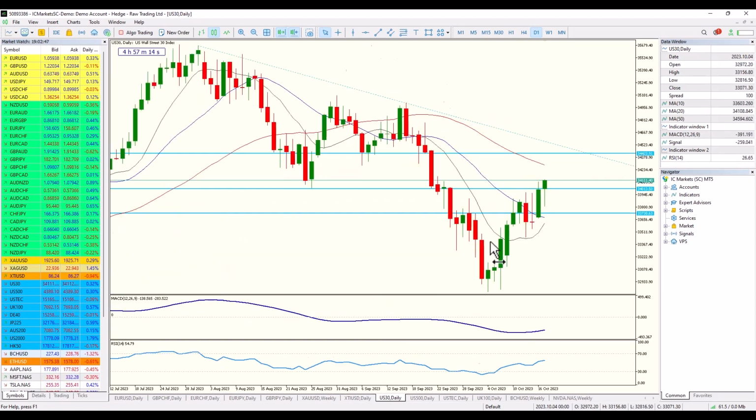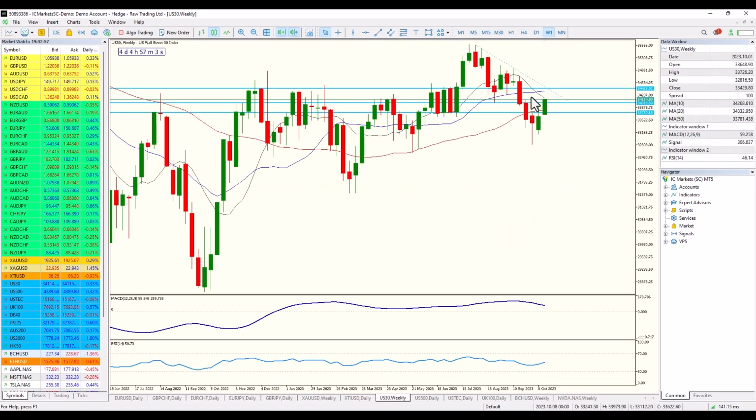So we currently have them in a nice uptrend. You'll see I've also put another trend line coming down here, and the market is in an uptrend on the daily. It's working its way up to test these next levels. So far looking nice and bullish in isolation. You can see we're still in a downtrend on the weekly and we're tracing back up, but the market right now is looking way more bullish than bearish.